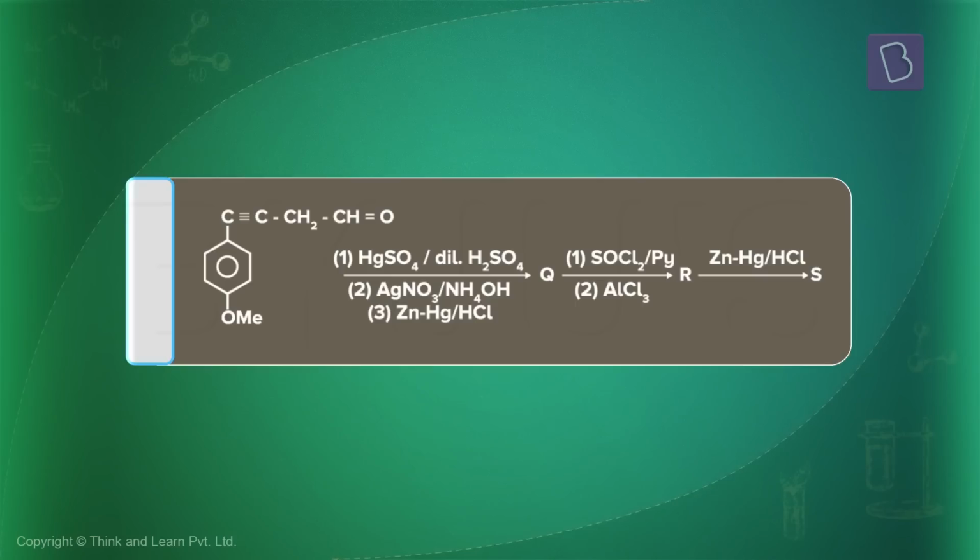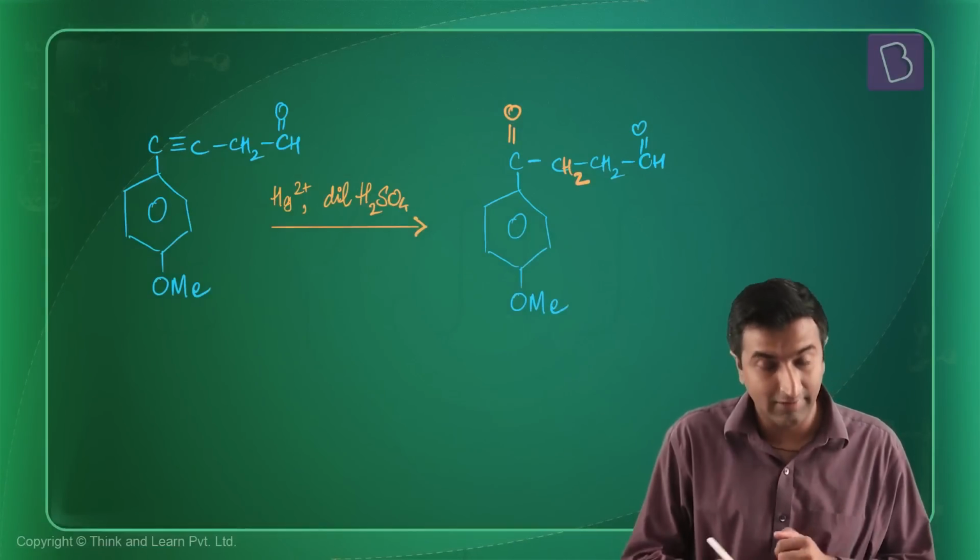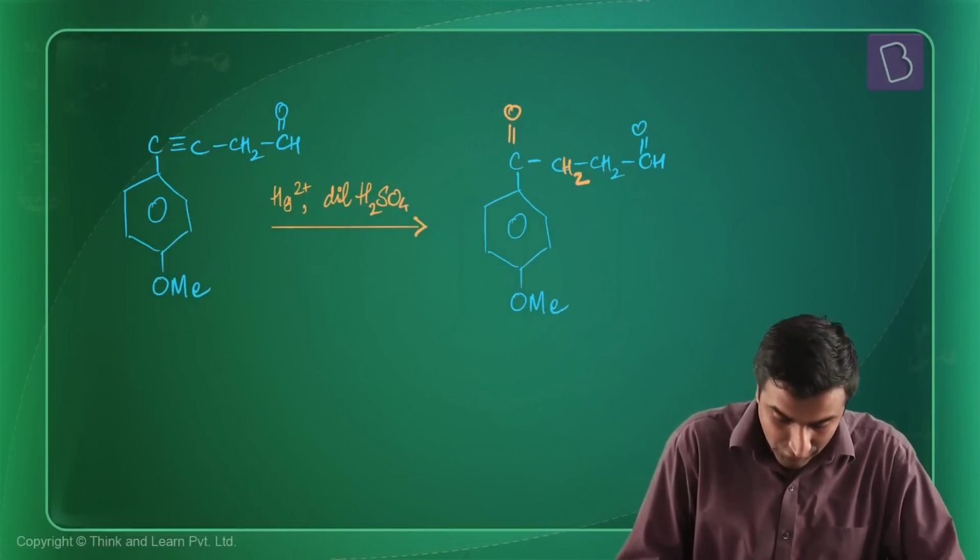So we look at the question, let's solve it normally, and then let's see if there's maybe a quicker way to do this or something like that. Let's get started right away. All right, so the first step is this compound I've written right over here, and you have Hg2+ with